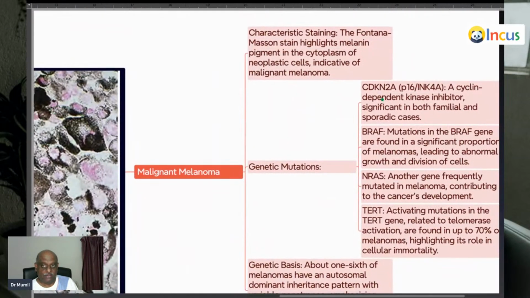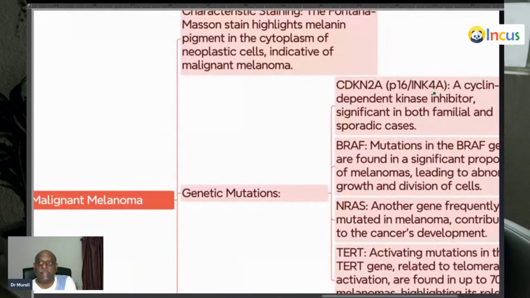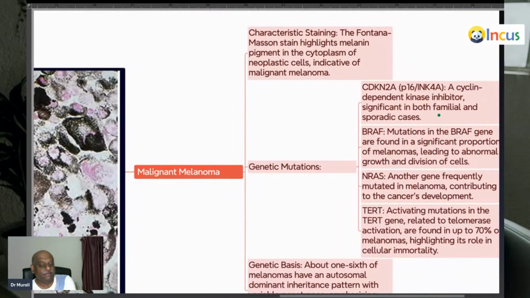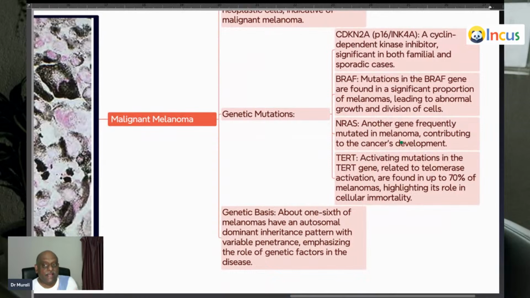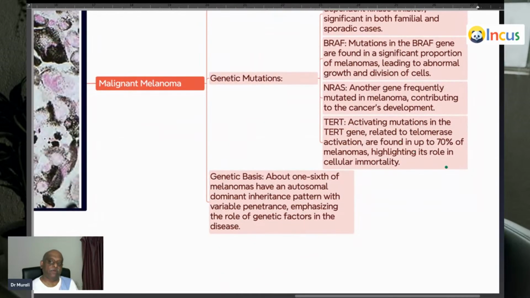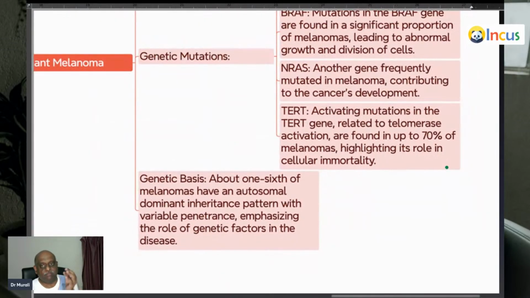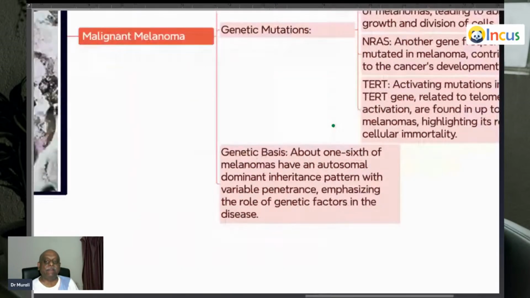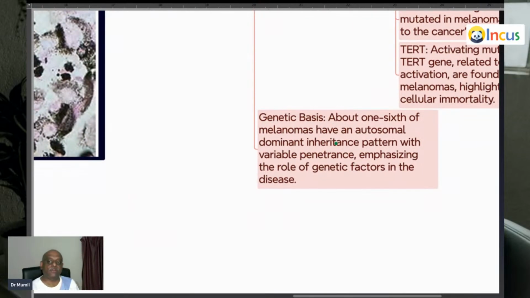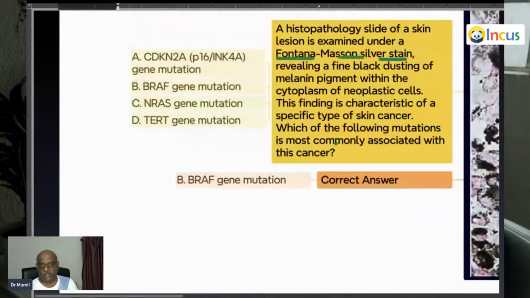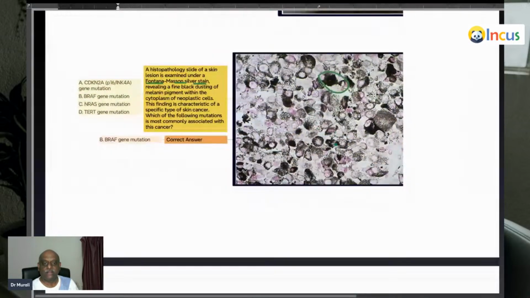CDKN2A, which is a cyclin-dependent kinase inhibitor, is seen in both familial and sporadic cases of malignant melanoma. BRAF mutations are found in melanoma. NRAS is another gene mutated in melanoma. TERT, activating mutations of the TERT gene related to telomerase activation, is found in 70% of melanomas. And 1/6 of melanomas are autosomal dominant inheritance is what you need to remember. So now, doctor,